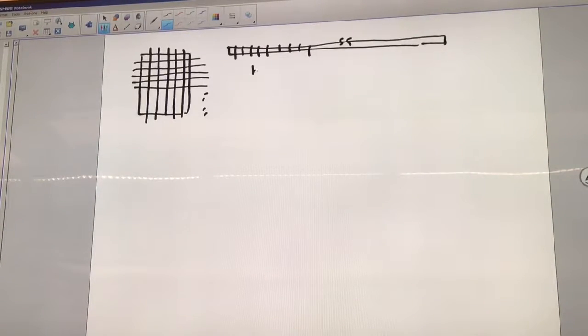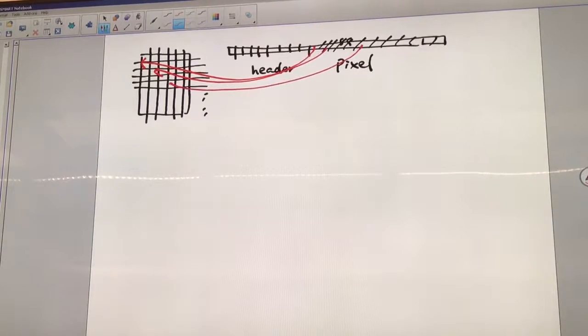This is your header. This is your pixel. Right? All right. So your job is reading it, everything in one. It's easy. The example showed you how to read everything. You specify this number of bytes I want to read, you read in everything. But you need to assign the pixels the right location. Okay? That's difficult. The reason is you need to know